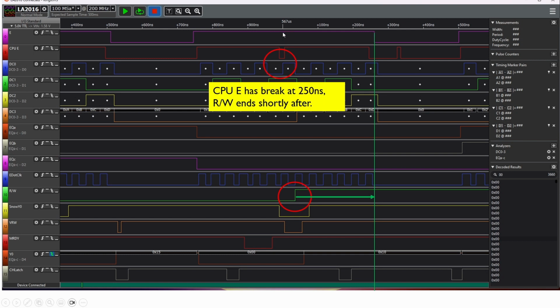Then I had a look at the signals. There's actually a separate signal for the E feeding into the CPU because it has a slightly different voltage requirement, and what I found is that there was a slight glitch there, and when that glitch occurred it caused this read-write signal to finish early, and it was also messing up some of the other timings.